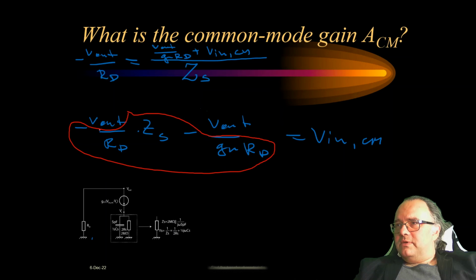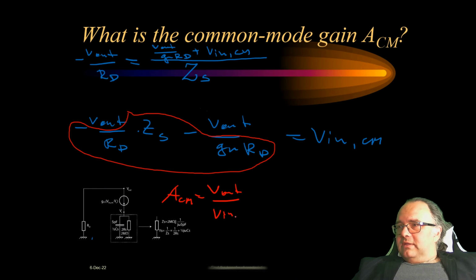This will be V out multiplied by this equal to V in. So from here I can directly write what will be the gain. So the common mode gain will be V out divided by V in common mode, and this